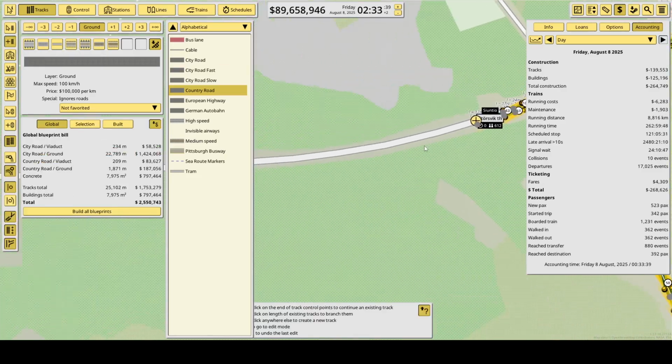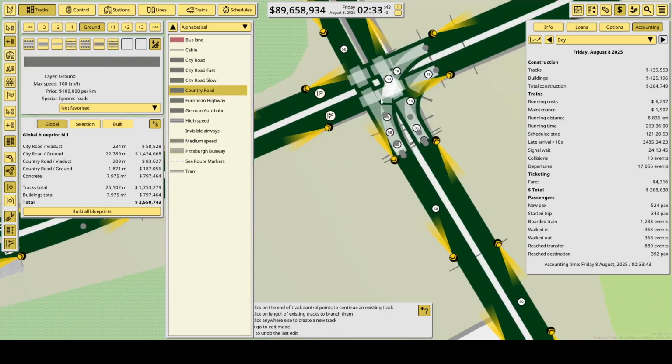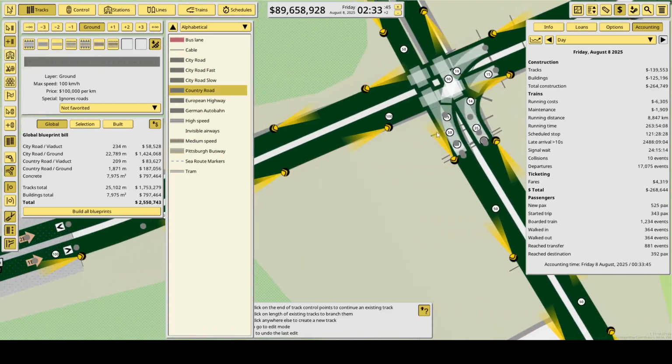So there. And then we'll also need to create a turn from here